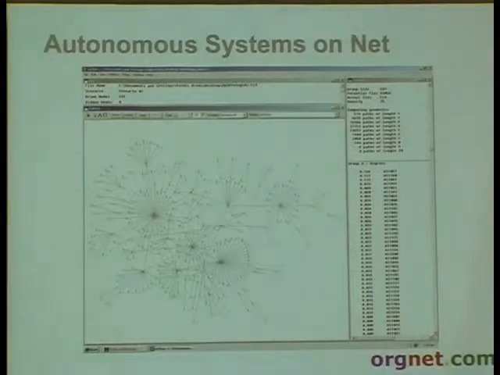And we see that the autonomous systems are much more in a kind of a hub and spoke design as opposed to a social network, which is a much denser network. It doesn't have the same kind of hub and spoke architecture or topology. So we can sometimes tell what type of network we're looking at by the patterns that we see in it. So usually networks like this that have lots of hubs and spokes are usually man-made networks, whereas networks that have a lot of interconnectivity are often emergent networks, so either social networks or biological networks.